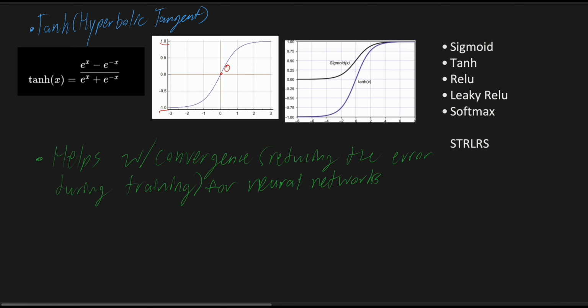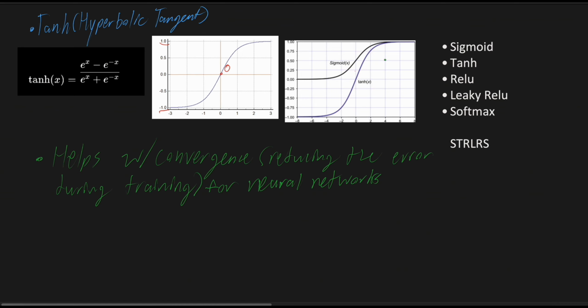And this function behaves much like the sigmoid function when x is near 0, as we see with the S-curve. But as x moves away from 0, the hyperbolic tan function approaches -1, as we see, for negative values, and 1 for positive values, more sharply than the sigmoid. This steeper gradient can lead to faster learning in the early phases of training, but much like the sigmoid function,